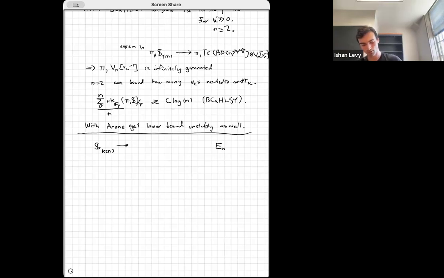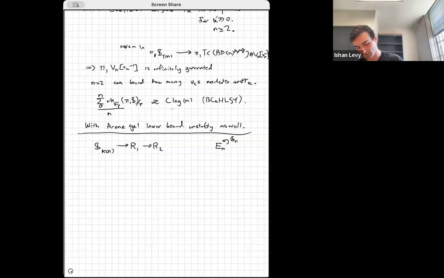So if you recall, what's true is that if you take this Morava E theory, it has this action of this extended Morava stabilizer group. And the fixed points of Morava E theory by this extended Morava stabilizer group is exactly the Kn local sphere. And this En is actually a filtered co-limit of finite Galois extensions.